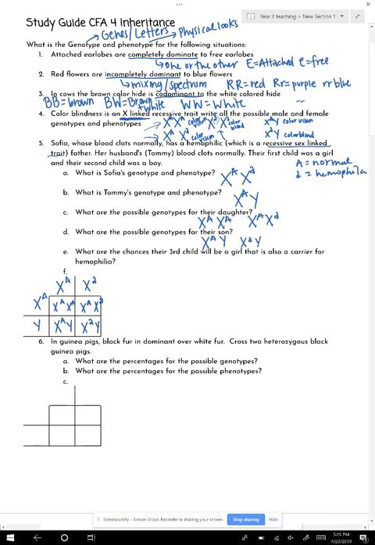And then it says, what are the chances that their third child will be a girl that is also a carrier for hemophilia? So I have to look at all of this, and I'm looking at the whole Punnett square this time, because that's what they're asking for. I have to make sure that I look at a girl. So immediately I'm 1 at 2, and a carrier. I only have one girl right here that's a carrier. So in this case, it'll be 25%